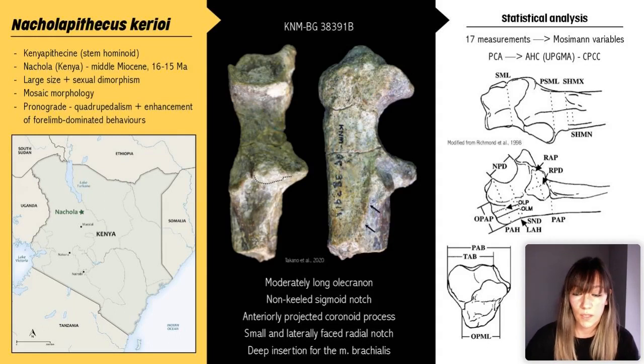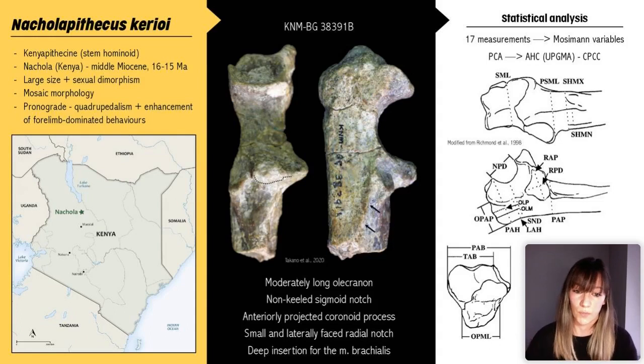I will focus today on the elbow of this taxon, since this joint has been very important during hominoid evolution due to its relation to these forelimb-dominated behaviors I have mentioned before. You can see in the middle of the slide some of the most characteristic traits of the Nacholapithecus ulna, which again displays a mixture of primitive features like a long olecranon and derived traits as the configuration of the